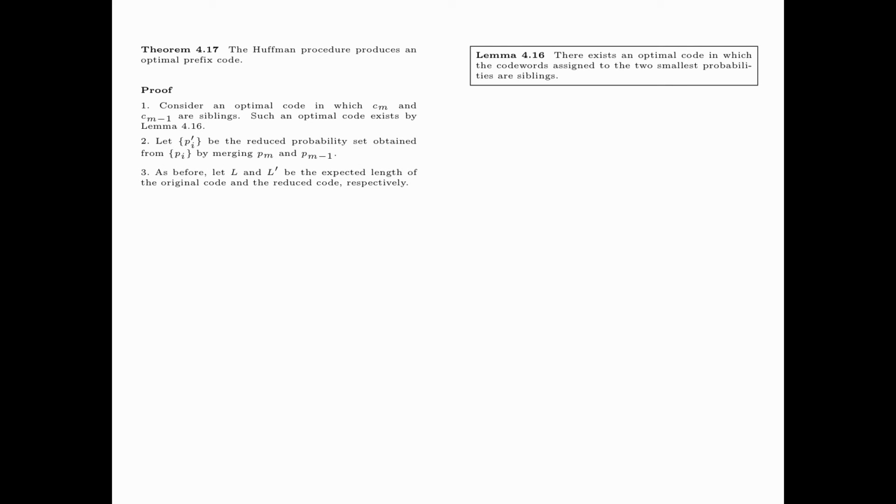As before, let L and L' be the expected length of the original code and the reduced code respectively. Since L = L' + p_{m-1} + p_m, we see that L is the expected length of an optimal code for {p_i} if and only if L' is the expected length of an optimal code for {p_i'}.